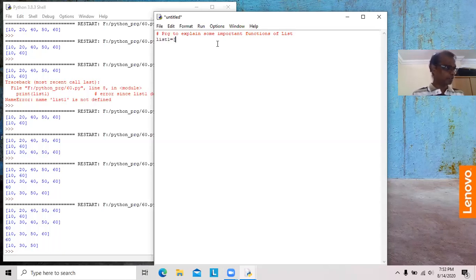List 1 is assigned some values, 10, 20, 10, 30. So one list is having these values.